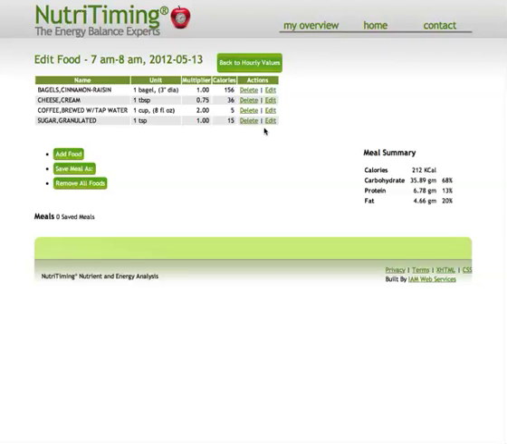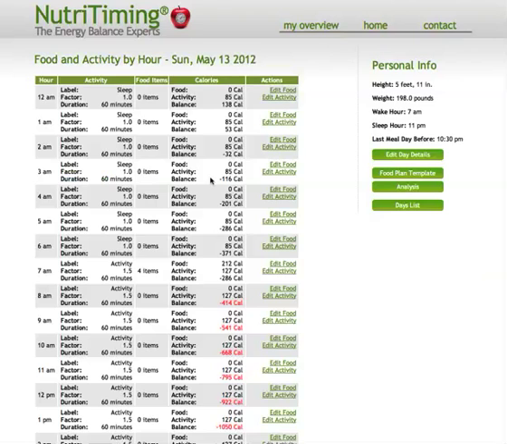Let's say that these are foods that I typically have many days. Many days I'll have a bagel with cream cheese, coffee with a little sugar in it. Well, I can actually save these foods as a meal, and I'll show you how to do that in another video. Right now I'm just going to go back to the hourly values,